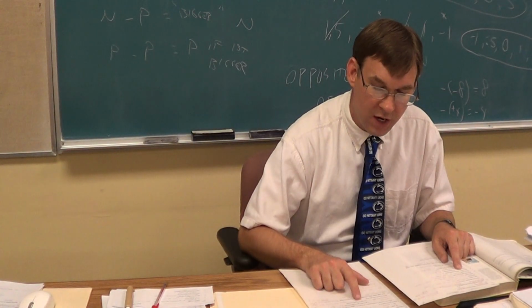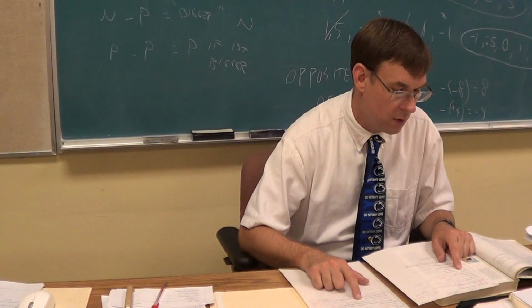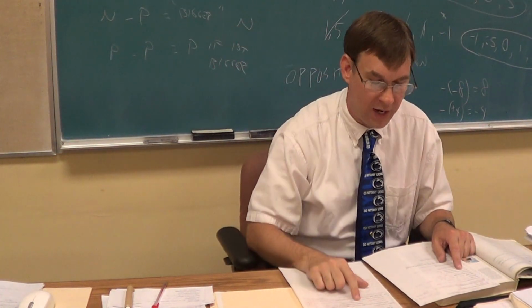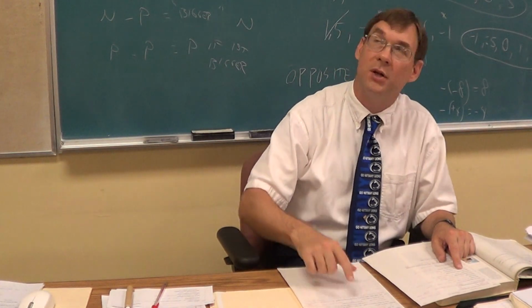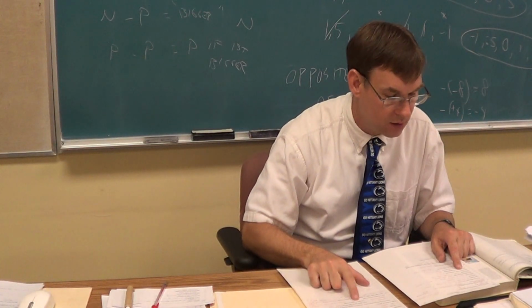So you could go V equals LWH if you like, or you could use words, but volume is the length times the width times the height of a box like that. If it were a sphere or a cone or something, there are other more complicated formulas. But assuming we're looking at boxes, length times width times height is volume.